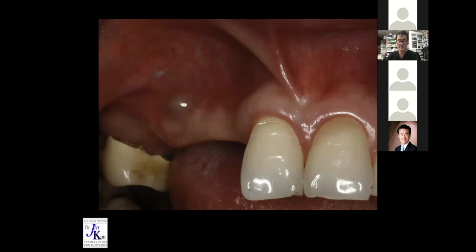So let's look at this a little bit more. She is a victim of an automobile accident. She had a number of teeth lost and a significant